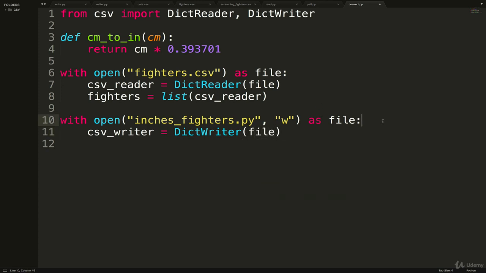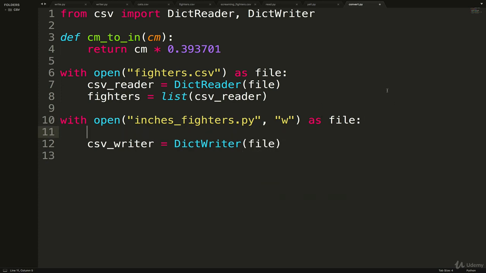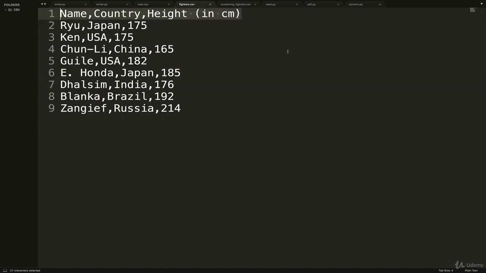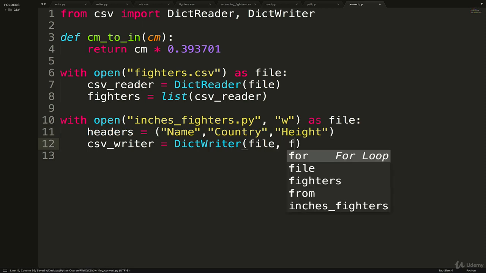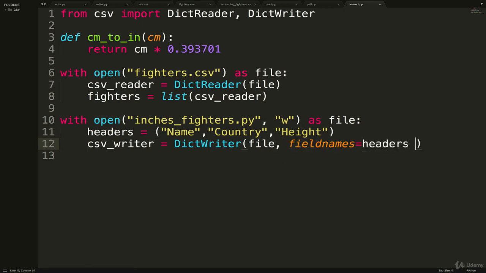And we pass in file, but we also need the headers. Okay, so it's up to us, but the thing is, right now our headers are like this, so we can just keep that, except I'd like to change this to be height in inches instead. Maybe let's just make it height instead. All right, so we need quotes around these. Maybe there's a better way of doing this. And then we need to turn it into a list or a tuple, and then we'll just do headers equals that. And then here we need to do fieldnames equals headers. Okay, and then we'll do our csv_writer.writeheader. And let's run this now.